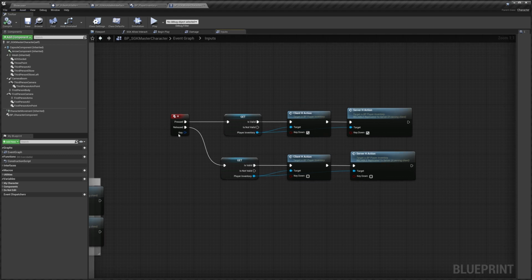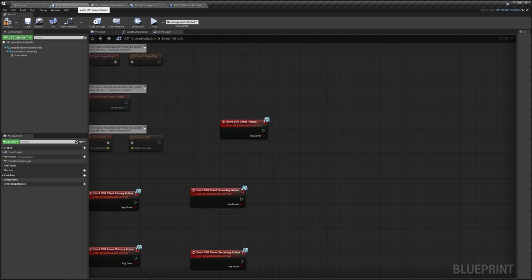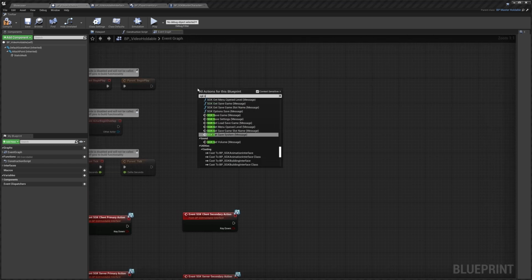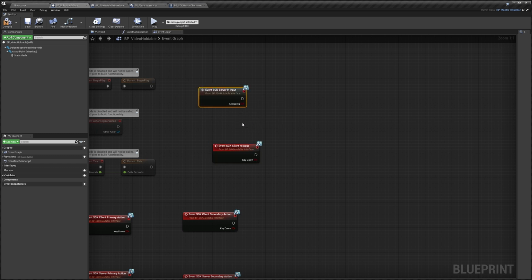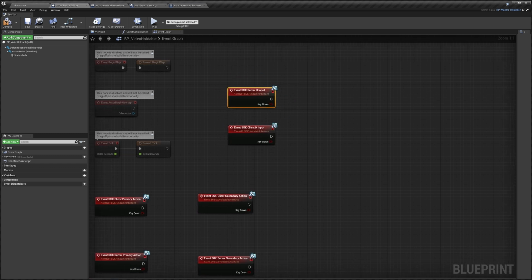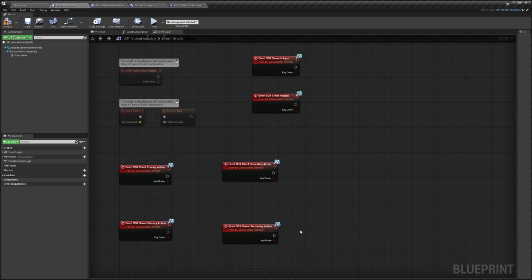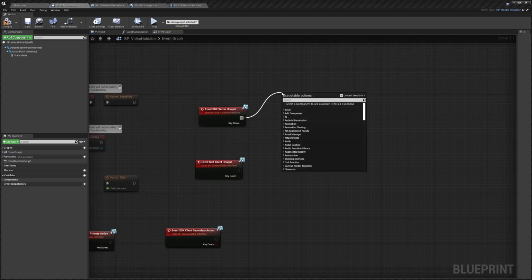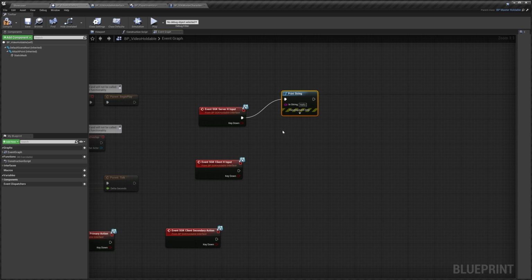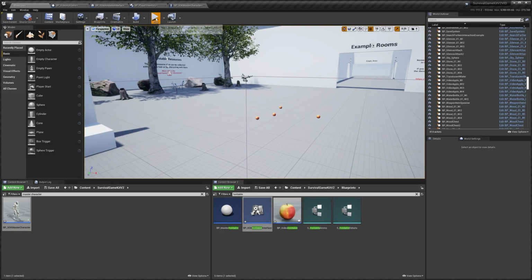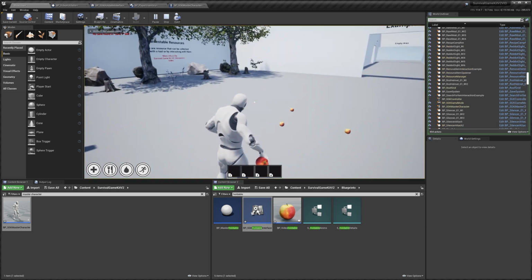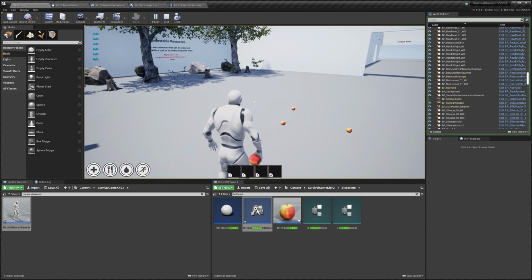Compile, and now when we press H while holding our apple, so if we do survival game kit server H input, you can see we've got now our server version and our client version, just like our secondary and primary actions. And if we use the server one, I'll just drag out and do a print string hello. So now when we press H, we would expect our print string to run. So I'll hold our apple, I'll press H, and you can see it's actually running twice,